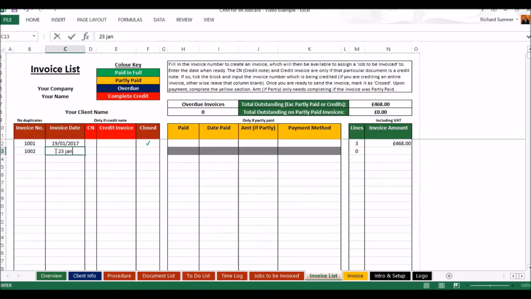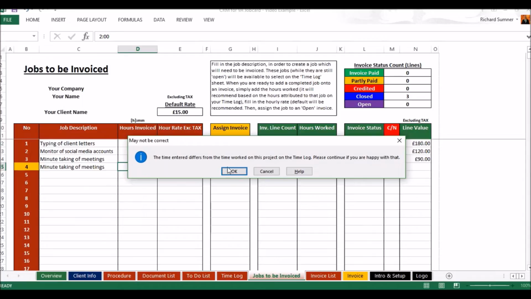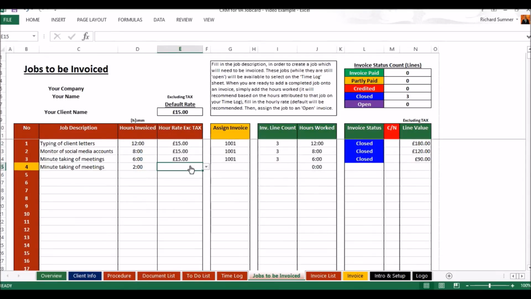You can go here, 23rd of January. You can say this is actually a credit note. Then you can go back to the jobs to be invoiced and ask, what is it that you credit? Well, you're crediting the minute takings of meetings. You're crediting 2 hours for him over there. It says that's not the same. You go, okay, that's fine. You select your £15, and then you assign an invoice to it, which is 1002, which makes it a credit note,